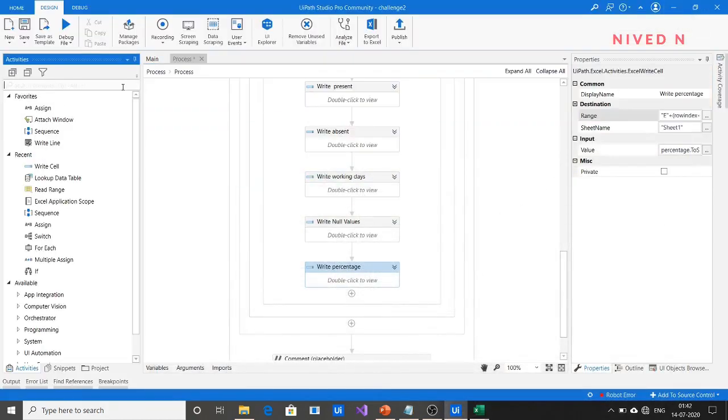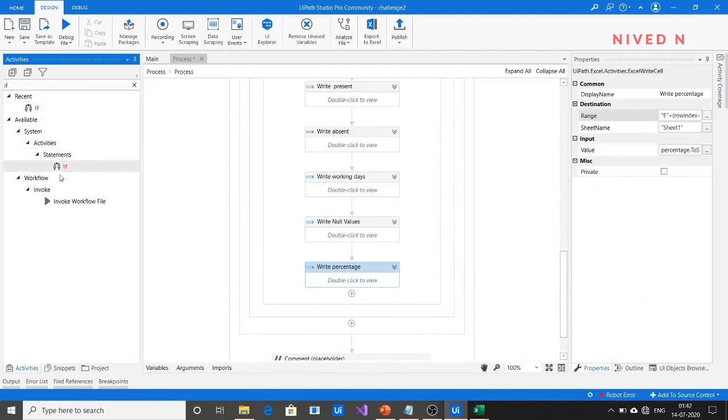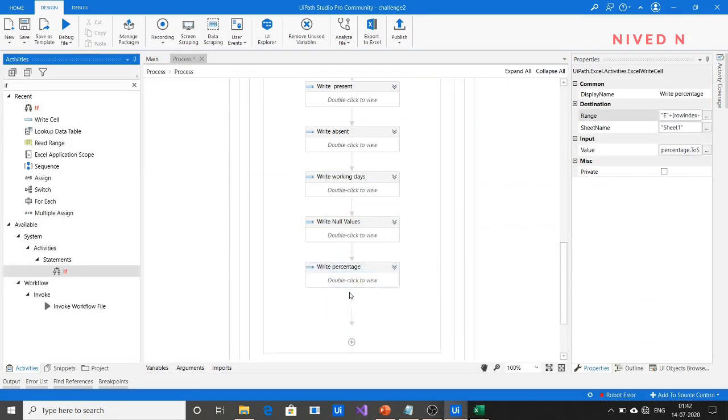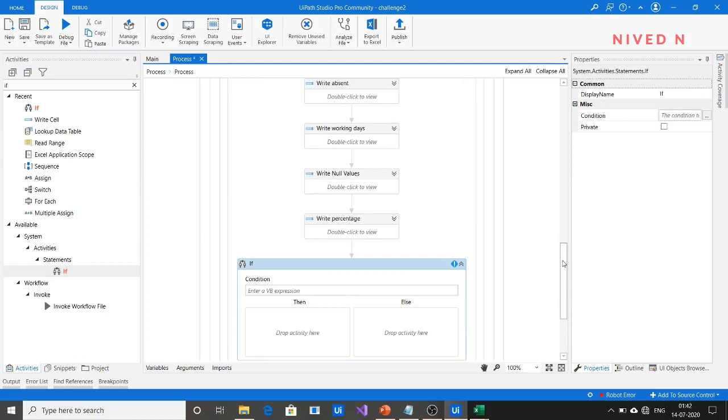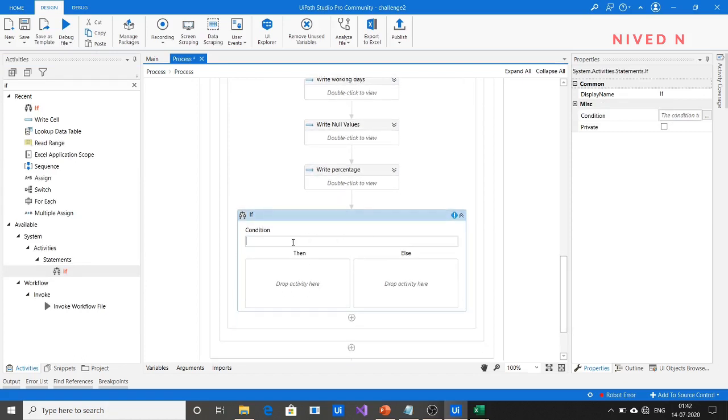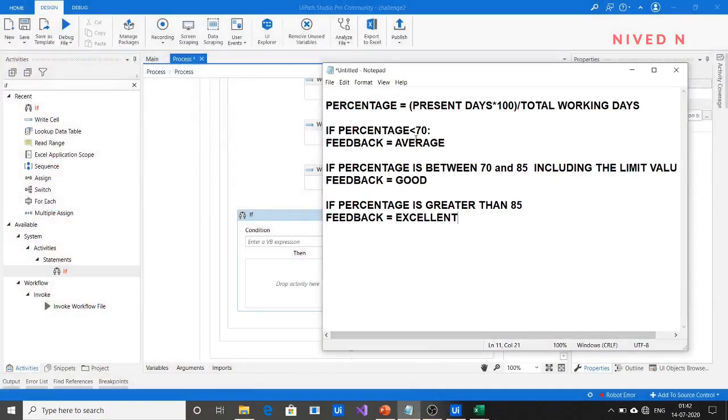For that just use if, and you have to specify what is the first condition. You can split it up into two conditions: if percentage is less than 70, and percentage greater than 70, and when percentage is greater than 70 you can specify another if condition. I will tell you how it works.